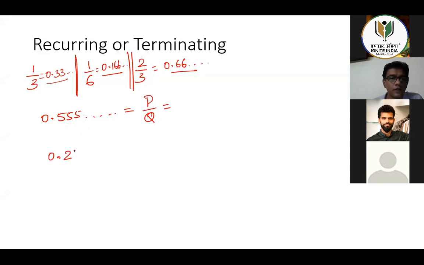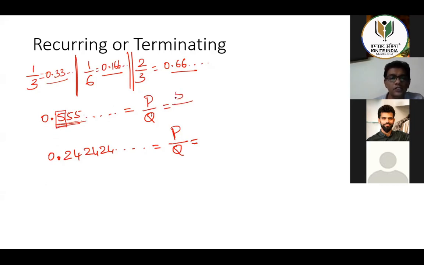Or someone says that you have 0.242424, where 24 is repeating itself. So it is basically a pure recurring number, so it should have a P by Q form. So what is the P by Q form of this? The easiest way of converting them is, listen to this carefully, see how many digits after the decimal point are repeating. If you see there is only one digit which is repeating itself,